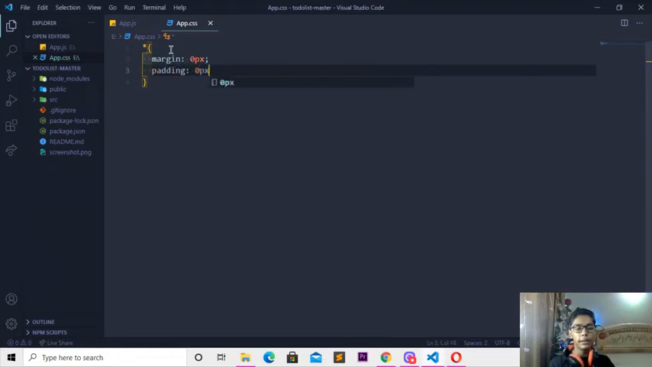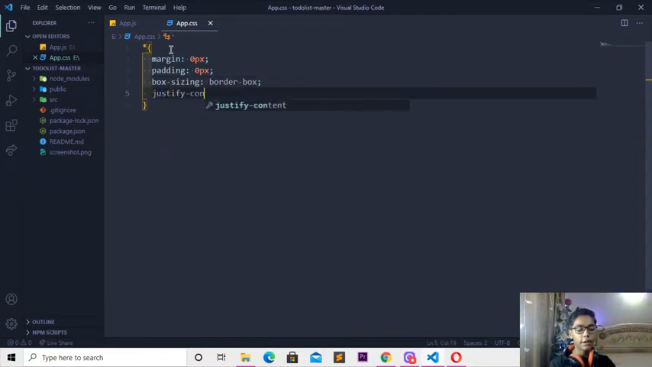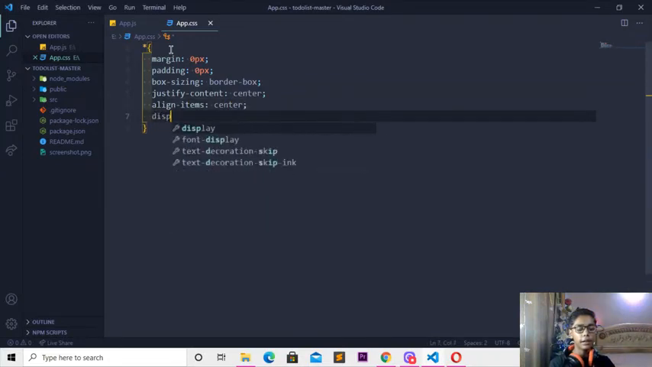So here I'll be writing padding also, which should be 0 pixel, box-sizing border-box. Then I'll be doing one thing here, justify-content, which should be center, and here I'll also be writing align-items center. So I'll be writing that, and when you're done with that,